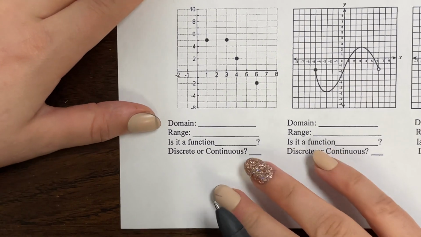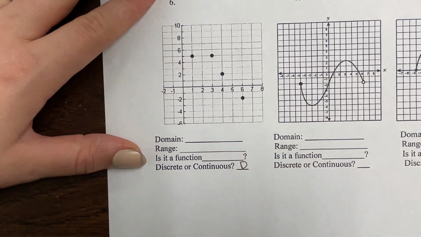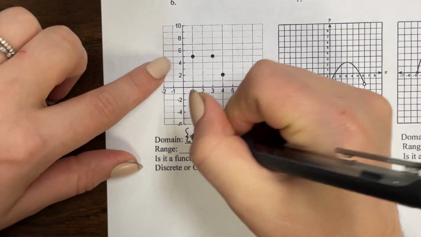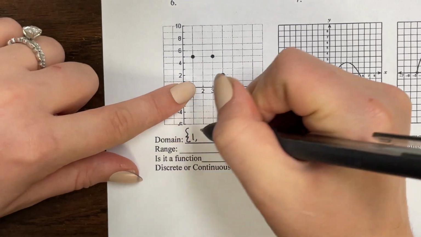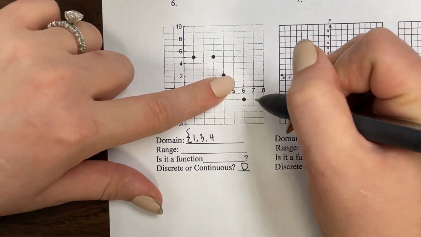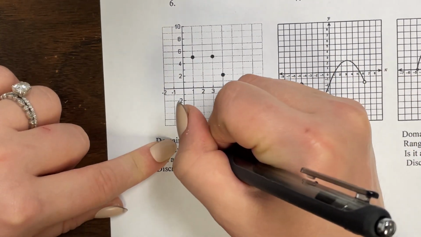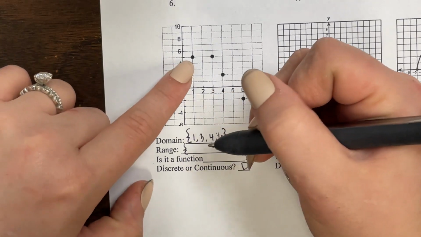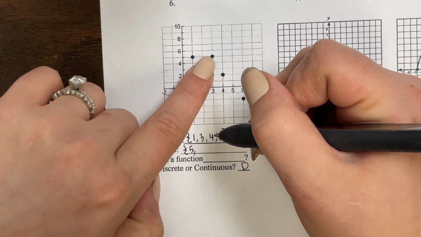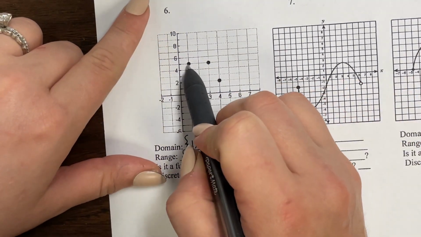Number 6, this is discrete data. It is not connected through a line. The domain, we're just going to look at the x values. So we have 1, 3, 4, and 6. And the range, we are going to start up here, so that would be 5, and there's 2 at 5, but that's okay because we can have repeated y's because they make a horizontal line that's